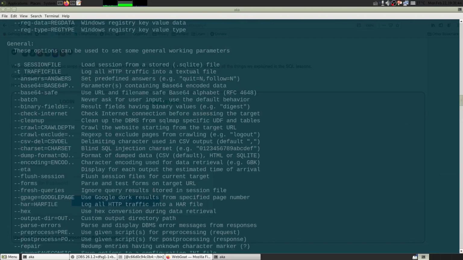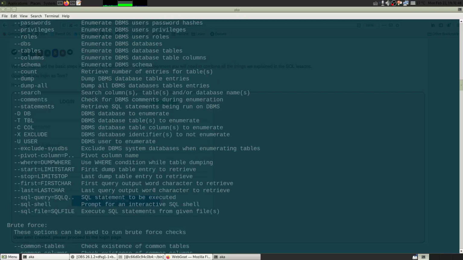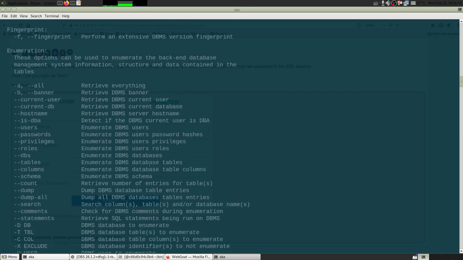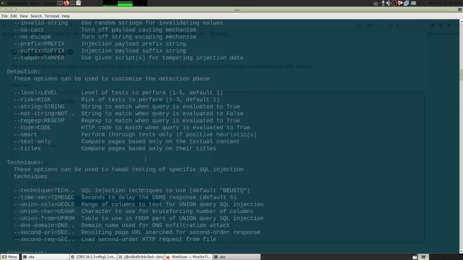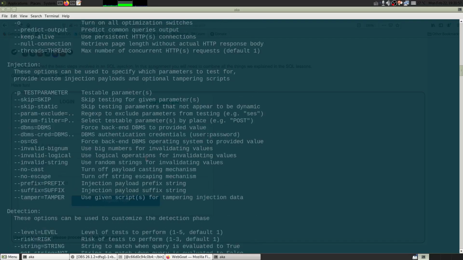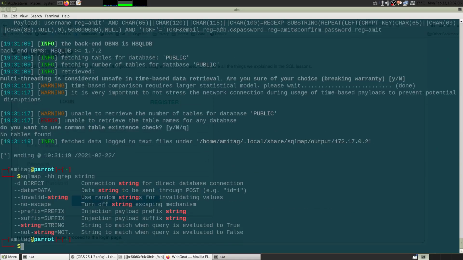Okay, so there is an option for providing how to determine if the query is successful or not, and that's a lot of help. Let me do --hh. I know that it is a string, so I'll just search for string. So it says --string=STRING to match when the query is evaluated to true. We will use this option.